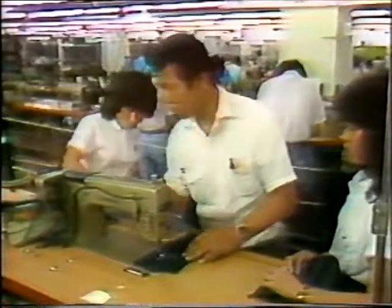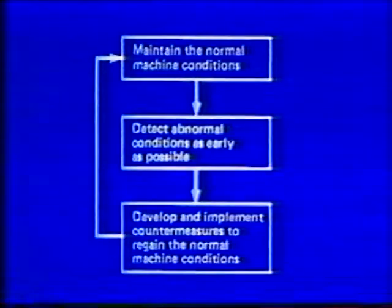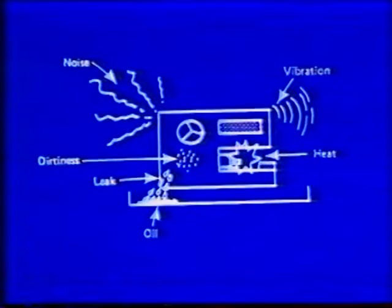Just as inspecting parts after the defects are produced can never totally eliminate defects, we cannot establish trouble-free operations without addressing the issue at the source. This shows an approach to preventing them. One of the key points here is the realization that people themselves are the cause of the problem. Typically speaking, machines do not create problems by themselves. Rather, people let machines break down, for example, by forgetting to oil, or retighten bolts, or by leaving the machine dirty, or perhaps by not following the proper instructions. As in the case of housekeeping,